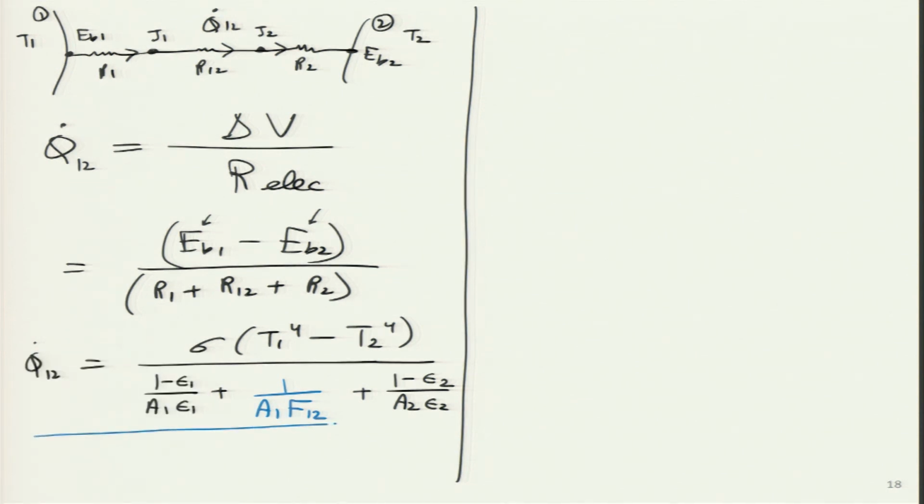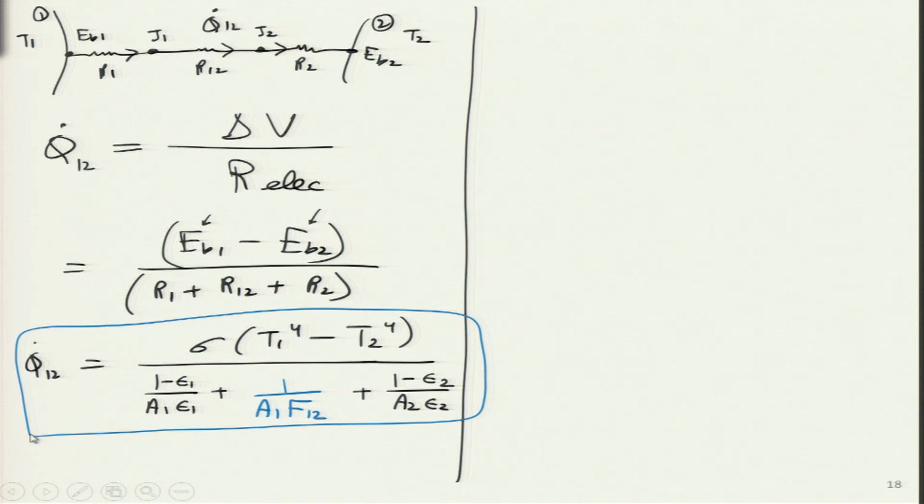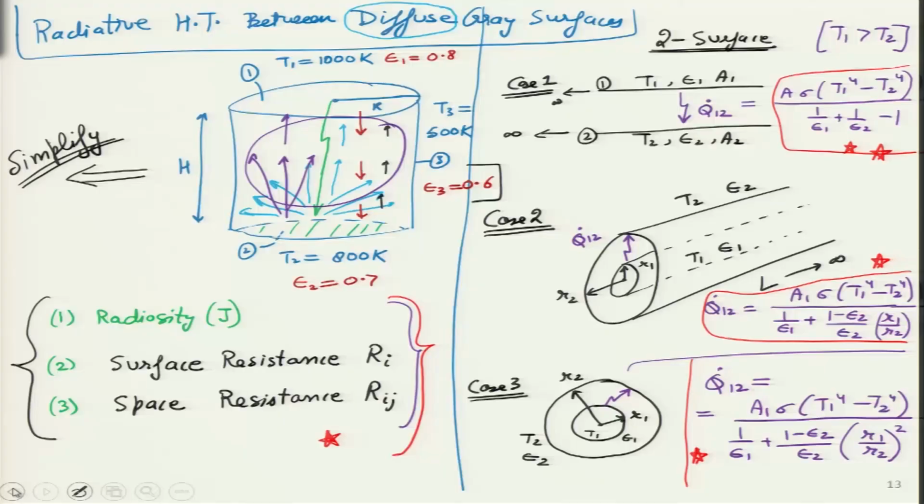which means even to solve complicated expressions like this, we need to know the value of view factor very carefully. So, I think we need to have very good understanding of view factor as well. So, I think we have reached the end of this particular lecture. I will stop for this lecture over here, and once we come back for the next lecture, we will start doing the application of this particular understanding for diffuse gray surfaces, so that we can look at 2 body enclosure, then 3 body enclosure, and we have to come back to our original problem that we started today's lecture with, and that one we will try to solve.